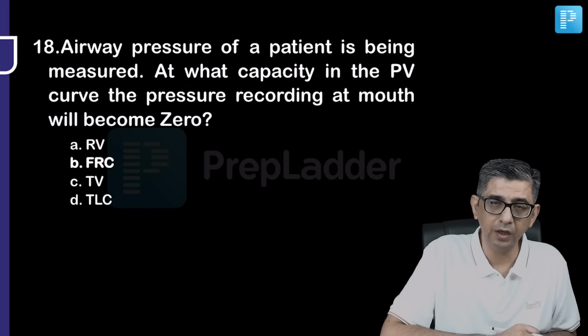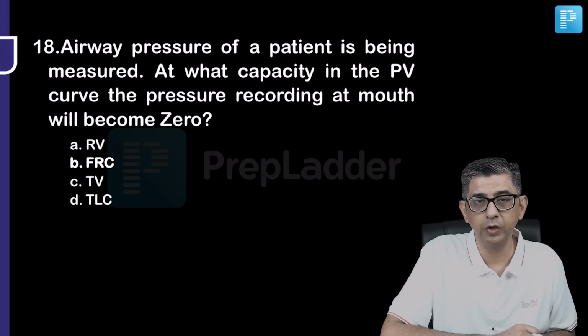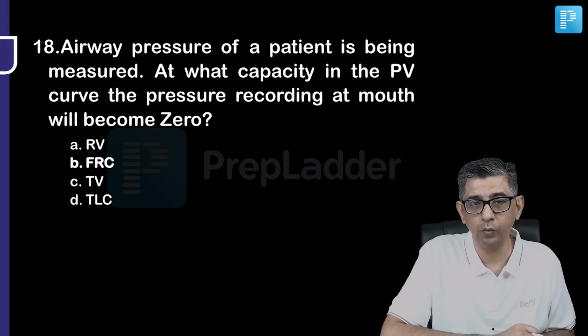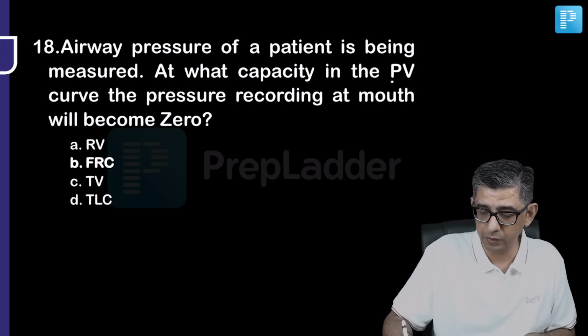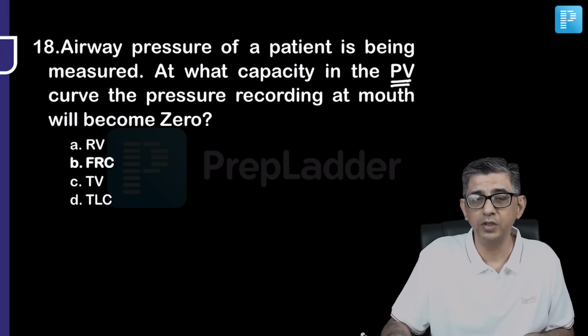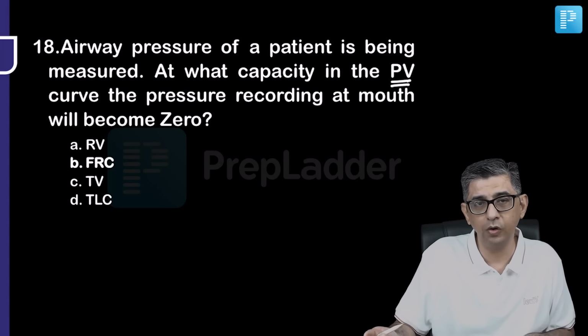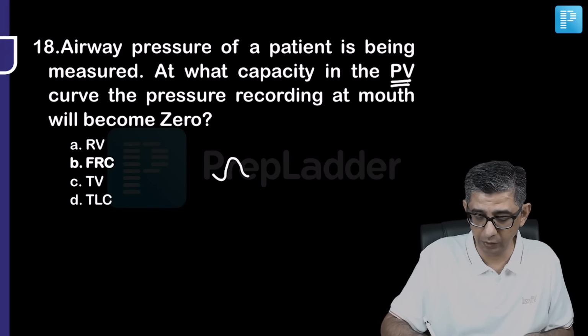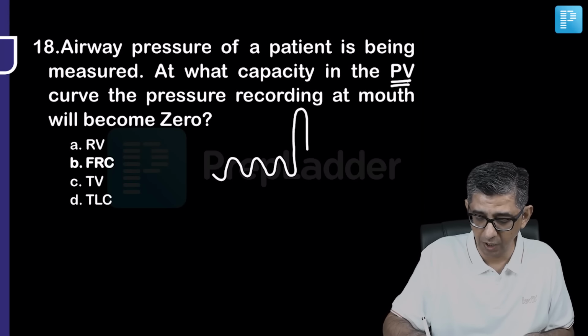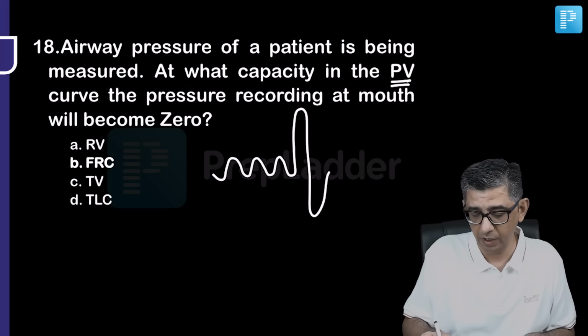The next question, again, I've incorporated, though even the physiologist would be talking about it: the airway pressure at which, in the pressure volume curve, the recording at the mouth will become zero. Now, my point is you can solve this question either on physiology or on the basis of spirometric interpretation. We always read about this kind of spirometric interpretation where we have an inspiratory reserve